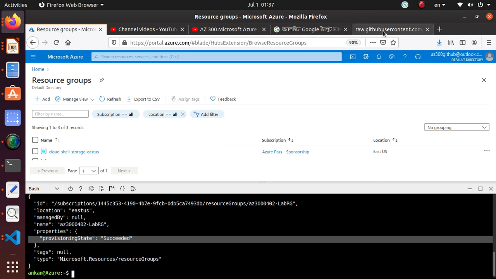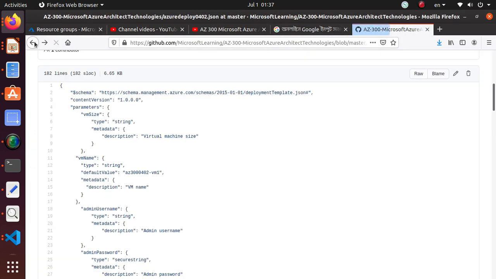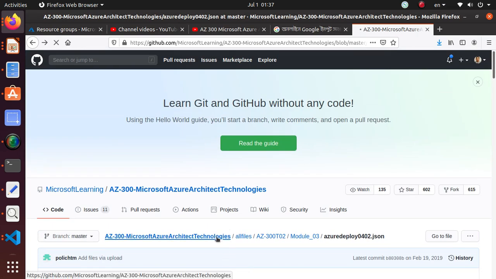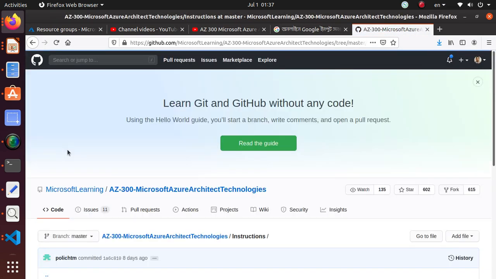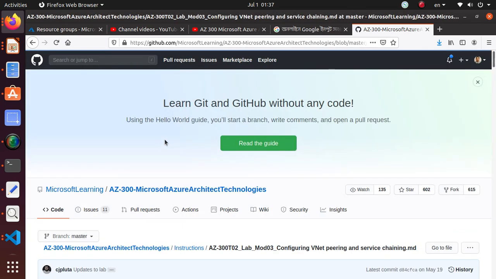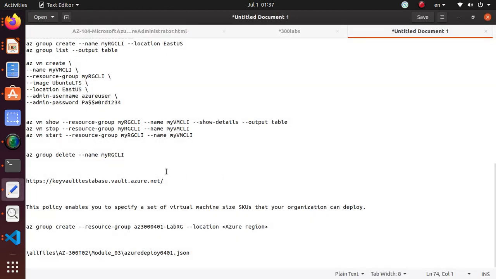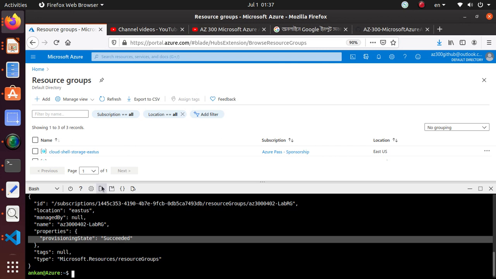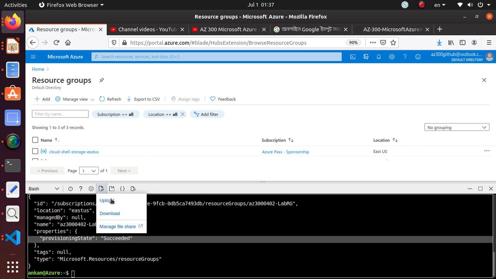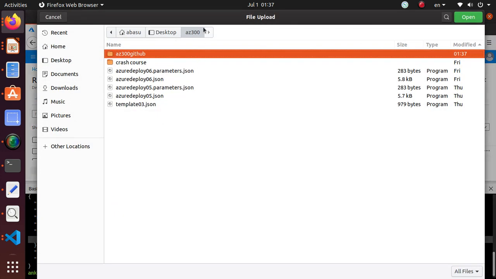So the next thing we need to do, let's just go back to our lab, right? So instructions, we're working on this lab, and we are on step 5. So we're gonna upload 401 and Azure deploy 401 and parameters file. And the way you upload is just click on this tiny button over here that is for upload and download files. Click on upload, and